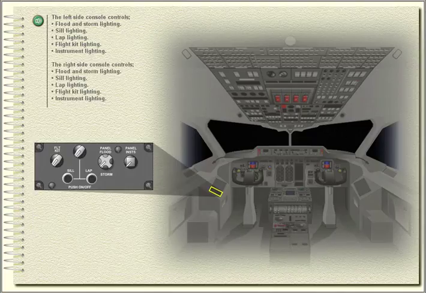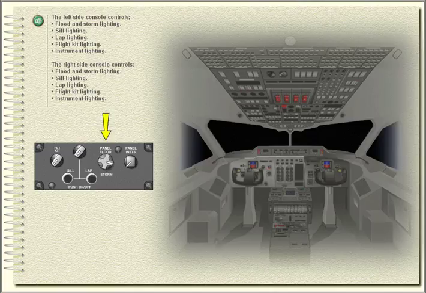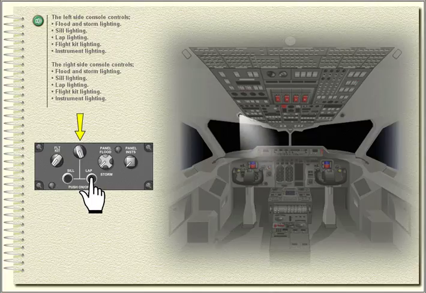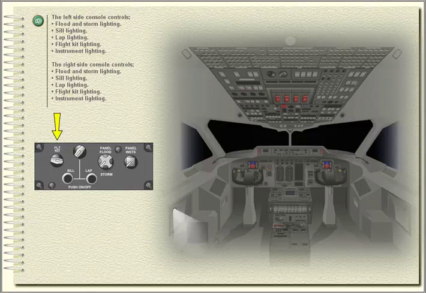The left side console controls flood and storm lighting, sill lighting, lap lighting, flight kit lighting, instrument lighting,